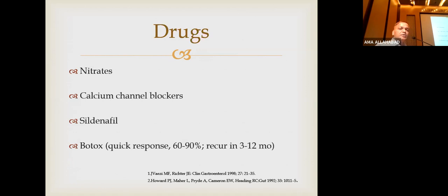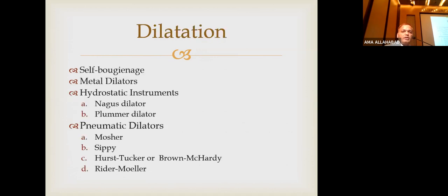So drugs described in the treatment of achalasia cardia are nitrates, calcium channel blockers, sildenafil, and Botox. The Botox response is pretty good, but the recurrence is, as a rule, within a year. Dilatation is